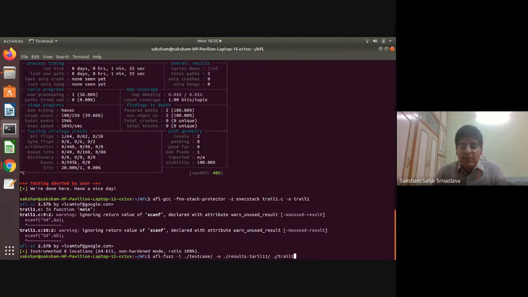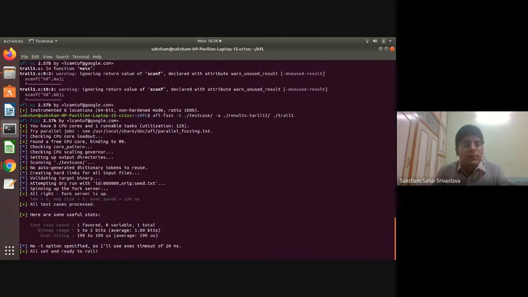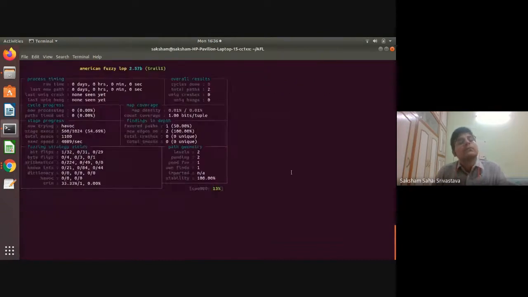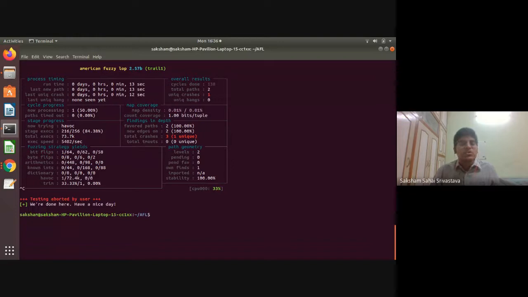So before running it, you will just change the output directory. It's 1 1 initially, so we'll make it 1 2. Okay. And then hit enter. See, within 2 seconds you got a crash. Okay, so this was what I was talking about. So I'll just do Control C to stop this. Yeah, so this was it.